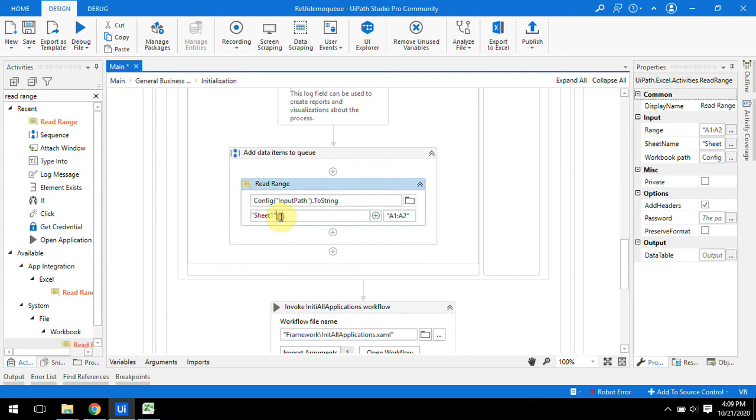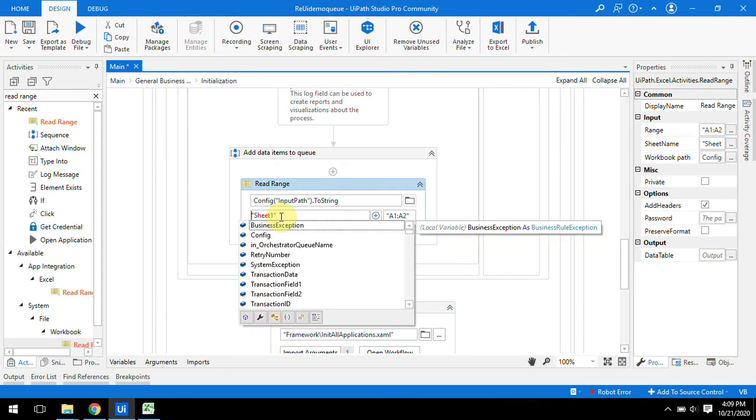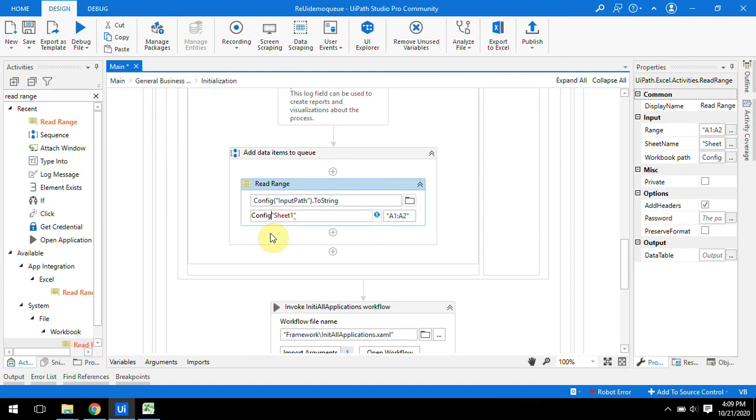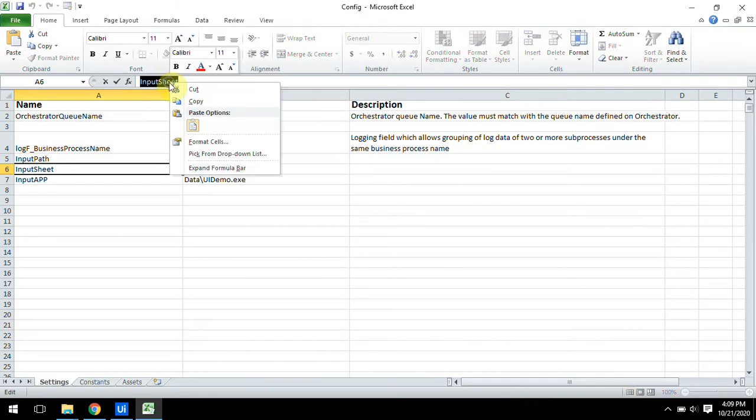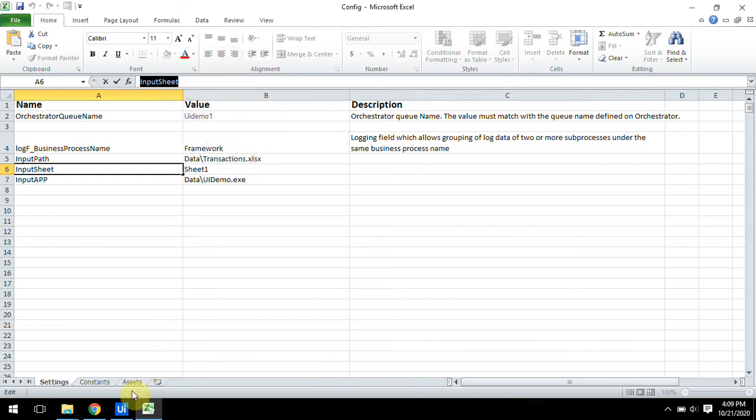Again for the sheet name, here also we have to give the path from config. Just check what the name is. Input sheet is the name, so just copy input sheet and paste it here.